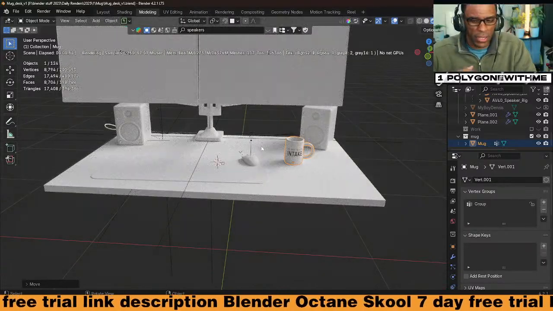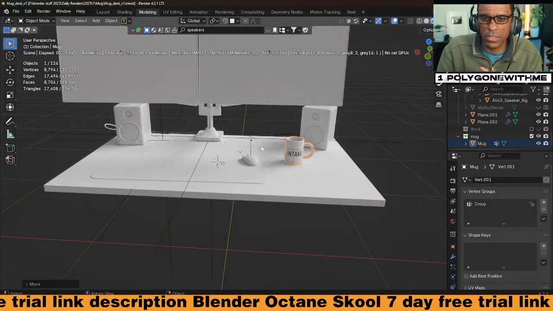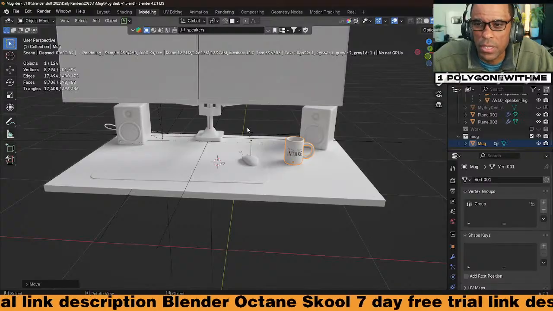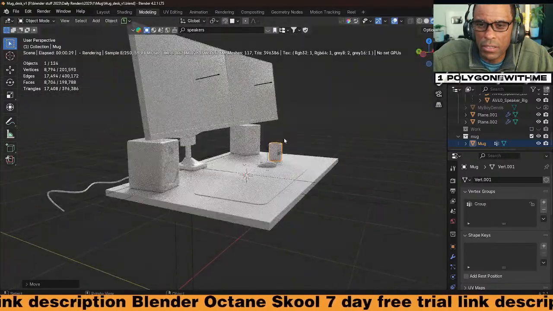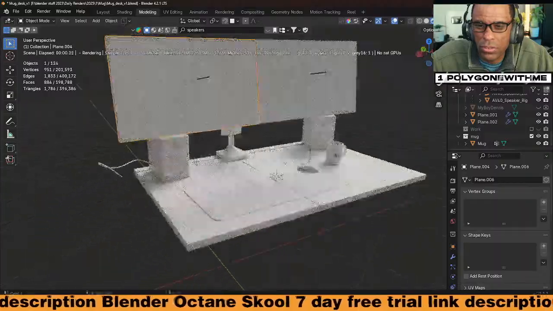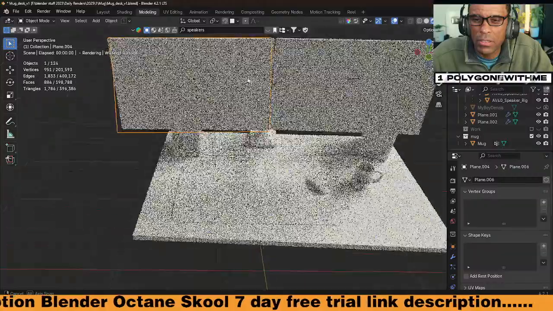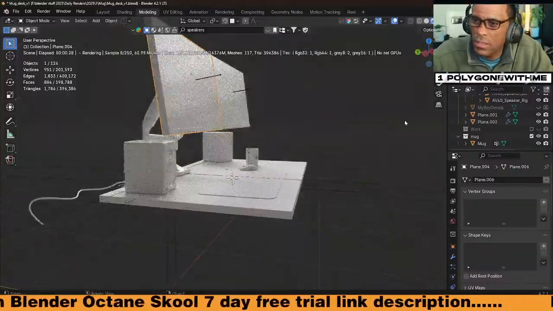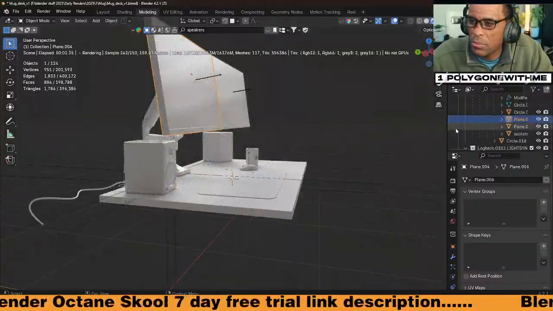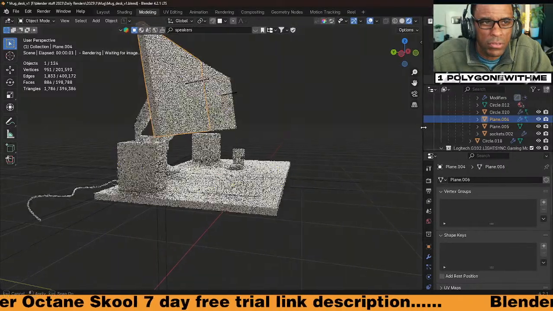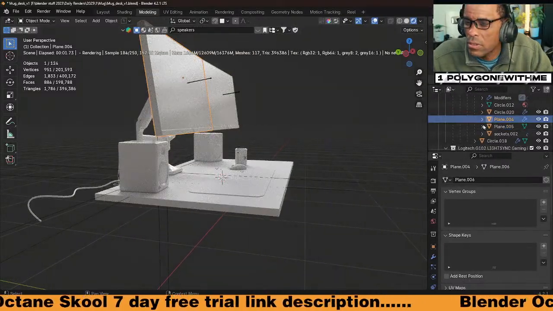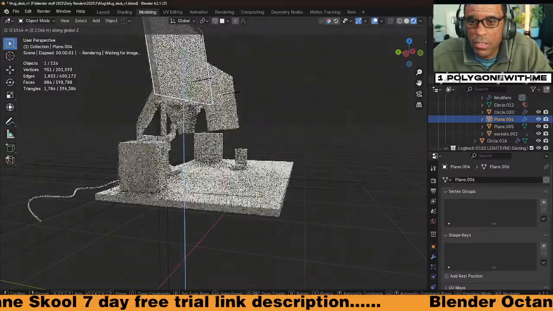Let's think about a camera angle right now too, because that's really going to dictate how much stuff I don't really need to make. These monitors are sitting a little too clean. I want them to be a little bit more unnatural.